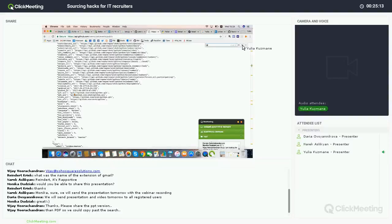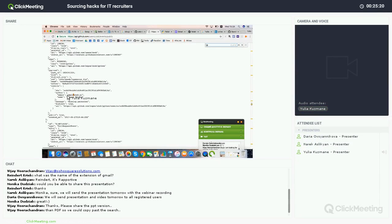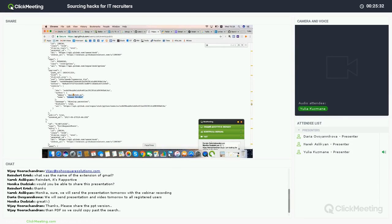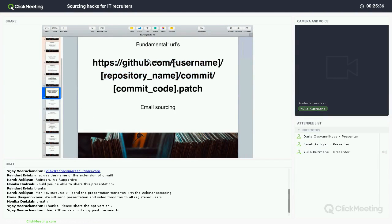Okay, let's find everything that has "at". Okay, that looks like our guy's email, Lukasz Bolis. Yeah, that's how we found him. There is one more way we can do it: go through the commit of some repo and add